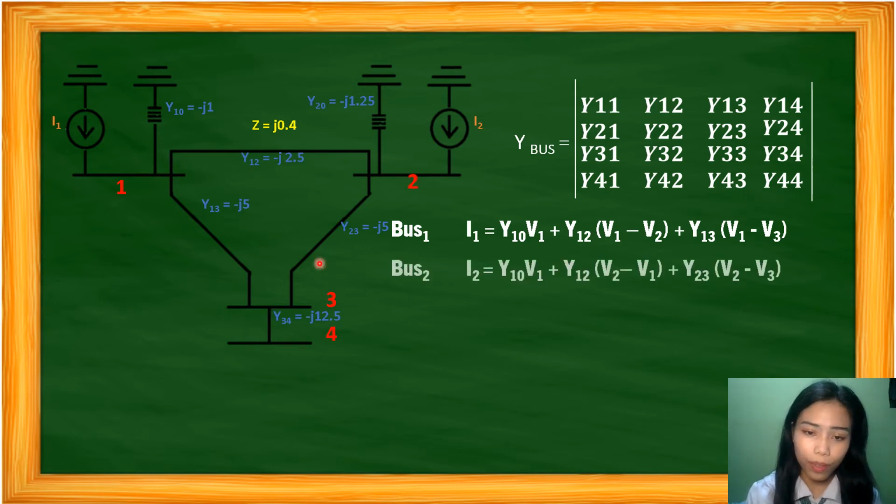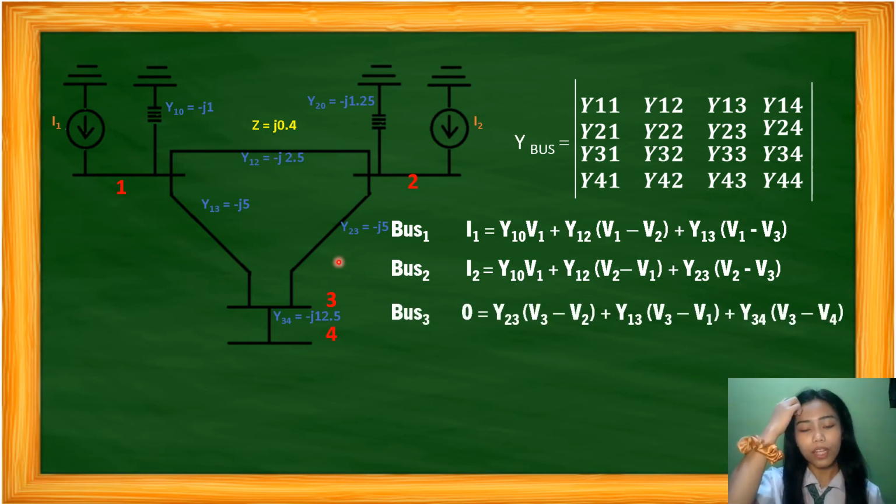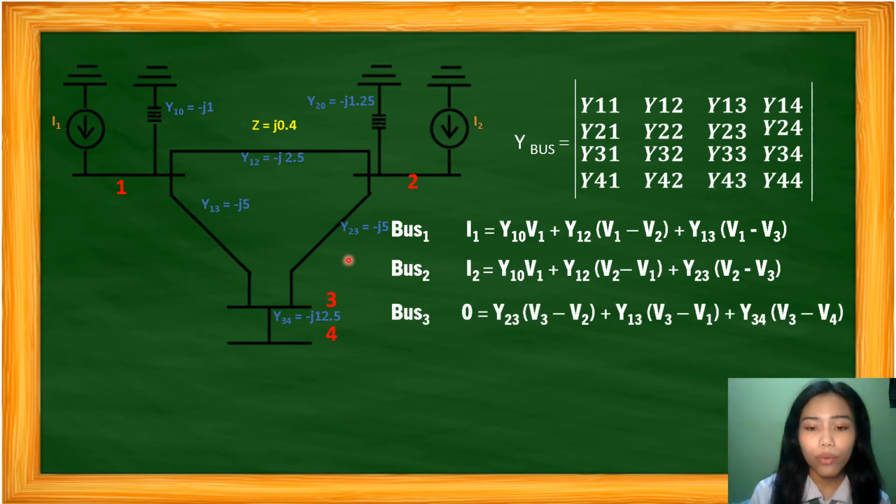At node 2, bus 2, we can see the current flowing here. Then we have I2 equals y10 times V1 plus y12 times V2 minus V1 plus y23 times V2 minus V3. At node 3, bus 3, we can see that there is no current flowing here, so we can say that